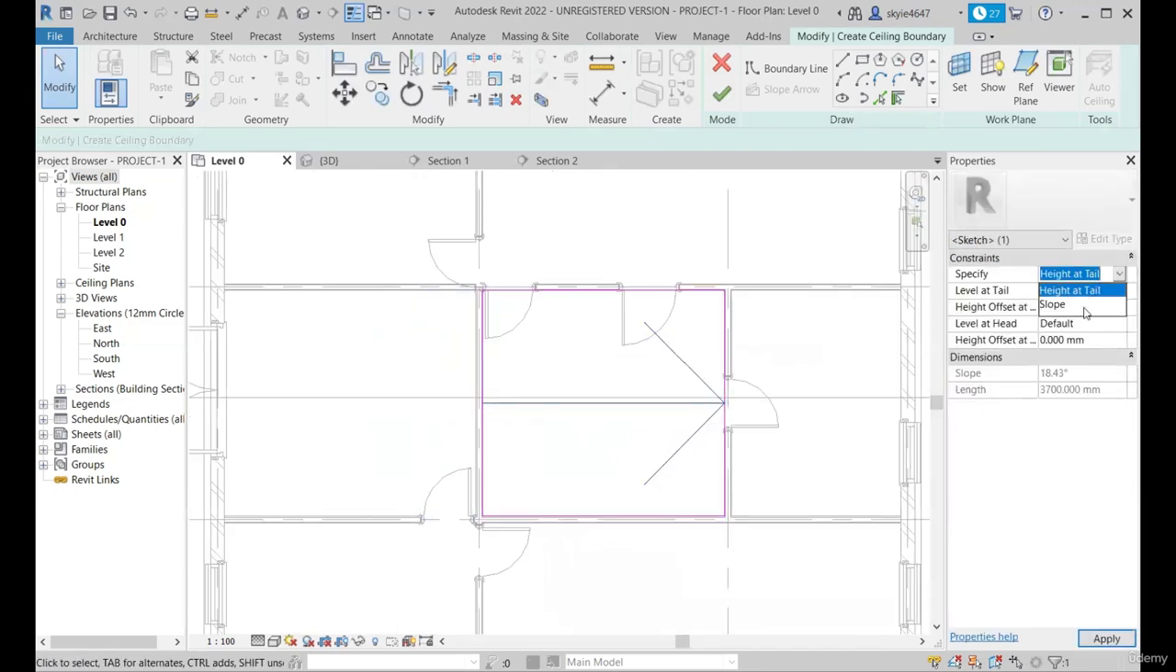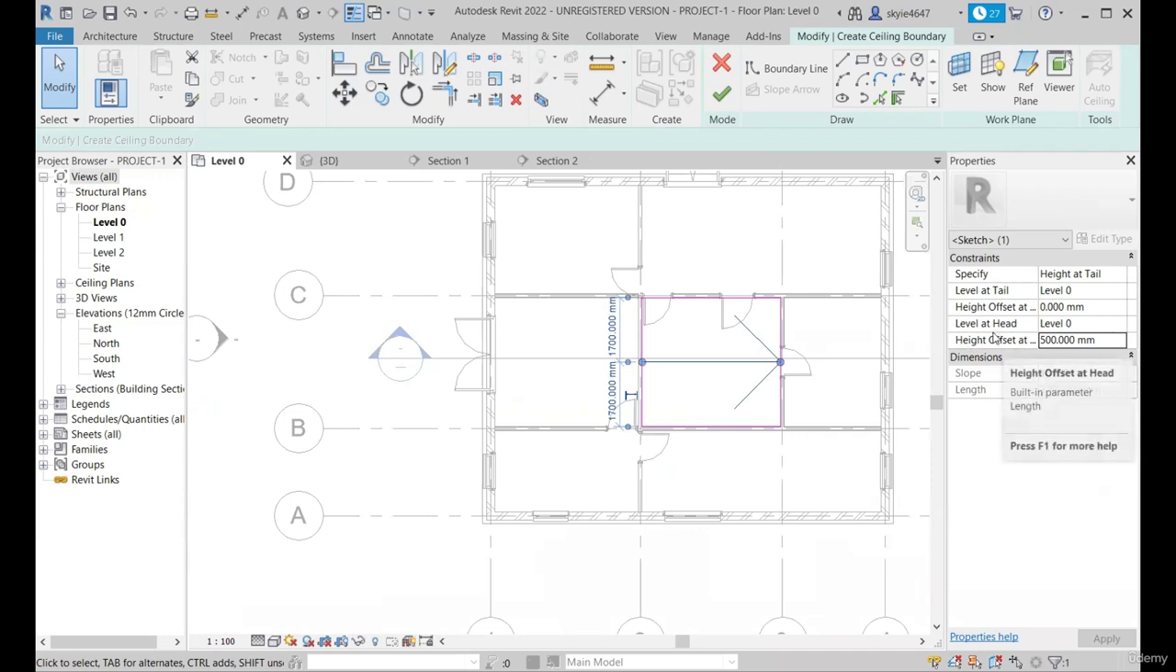And as we have seen in the floor elements, the same part is being repeated for ceiling as well. Under specific, we have two types, that is head height at tail and slope. When we are checking the head height at tail, we need to specify the level at tail and level at head and their respective offset. For now, we will keep them as 0, 0, but make sure to check the changes that are happening. I will just keep this as 0, and I will give a 500 offset to the head,